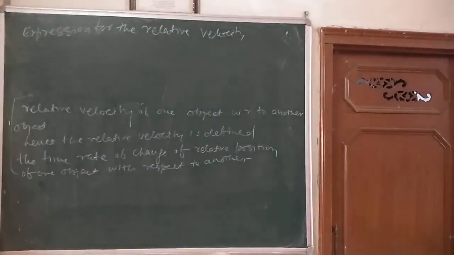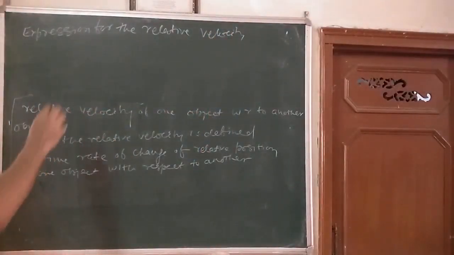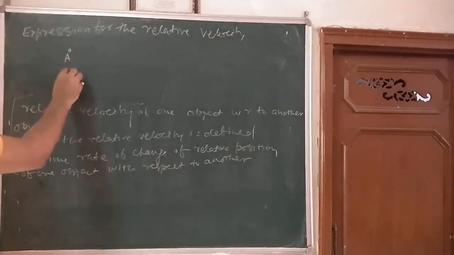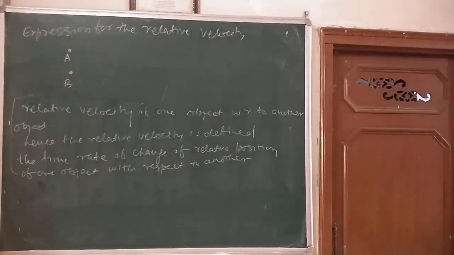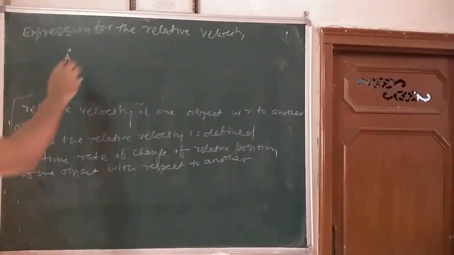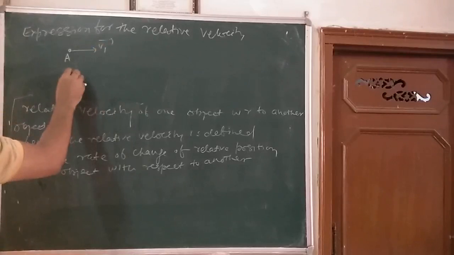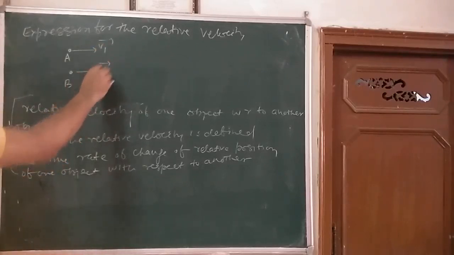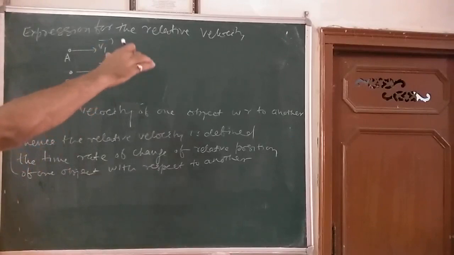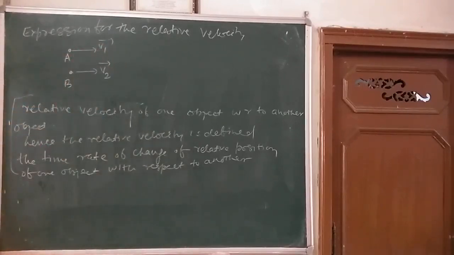I can say here, consider the two objects A and B moving with uniform velocities, suppose V1 and V2, along parallel straight tracks in the same direction. Let the position of the first body be x naught 1 and the second one be x naught 2. x naught 1 and x naught 2 are the displacements from the origin at any instant of time, say t